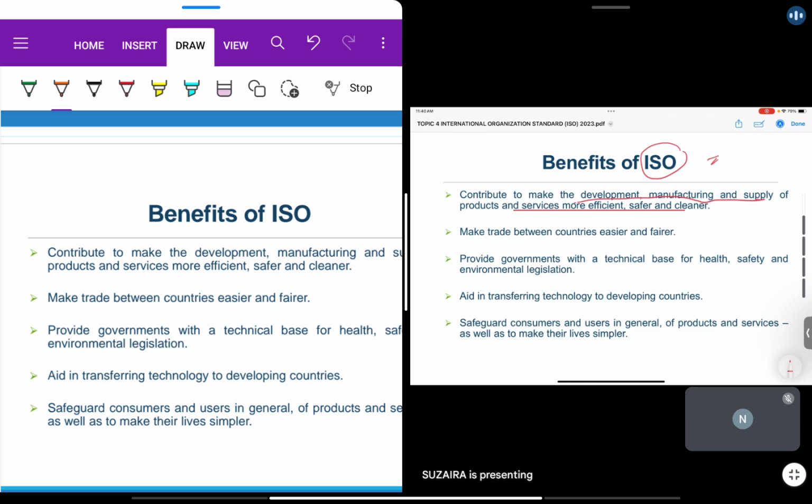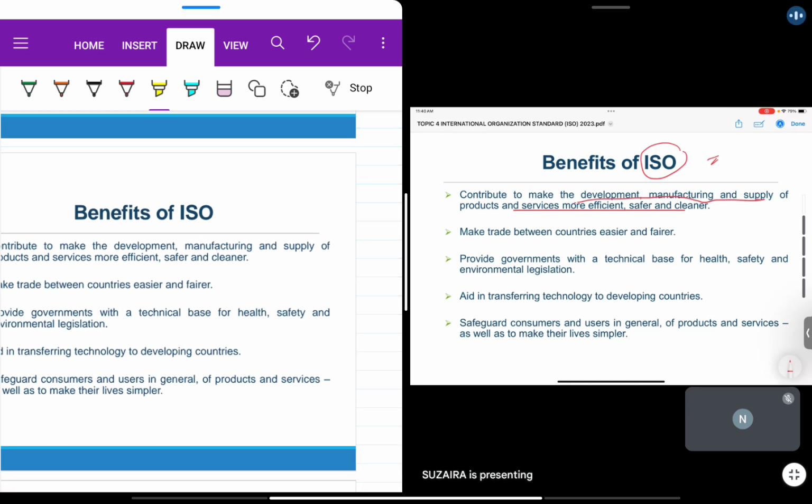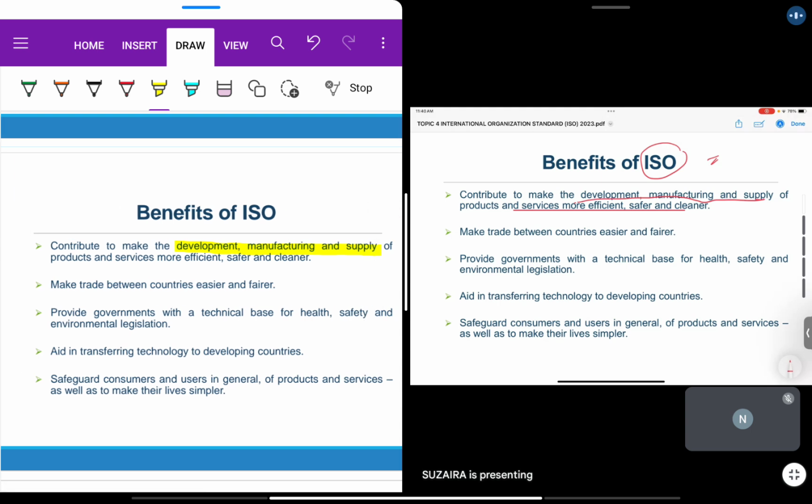So it's easier to make a trade, because each country will refer to a similar standard. Whenever we have a similar standard, we can make the trade easier, so it's easier to penetrate into the market. If we want to export our product to another country, like Indonesia, you have to follow the requirements of that country, in a similar way, halal and so on. So it makes the trade easier and clearer.